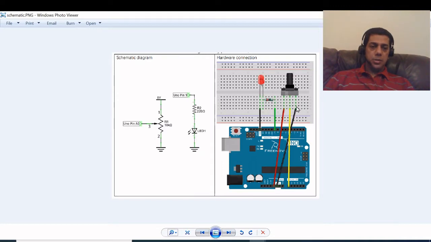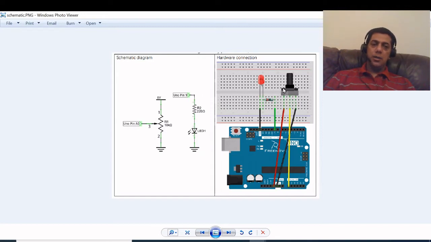The next pin is the ground. The ground of the Arduino will be connected to it. And the middle pin, which is the data, will be connected to the A0 analog input pin of the Arduino microcontroller. So the idea is that whenever I rotate the knob of this potentiometer, the resistance varies and the value changes from the minimum value of 0 to a maximum value of 1023.